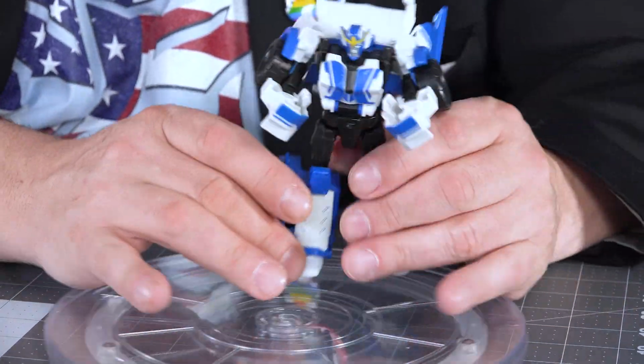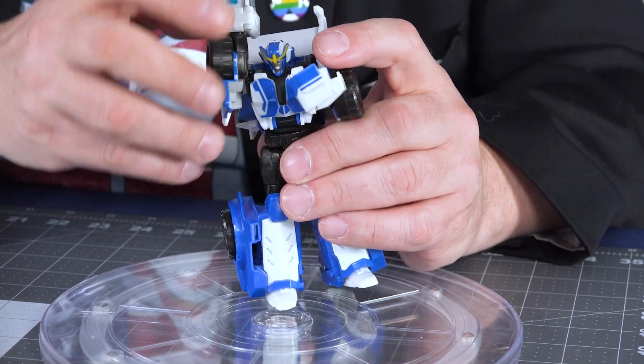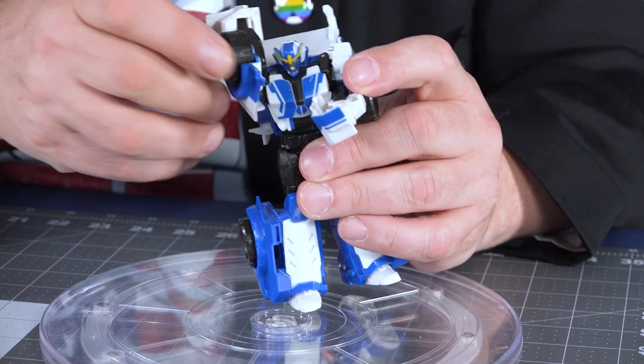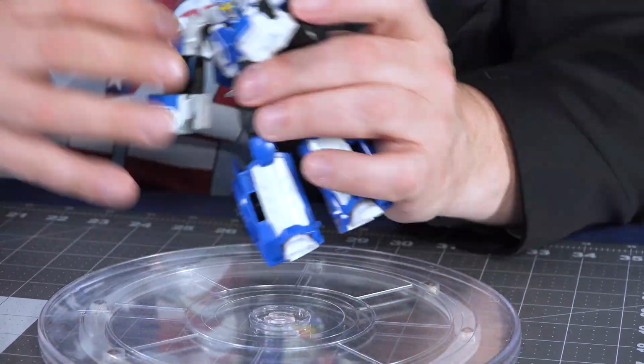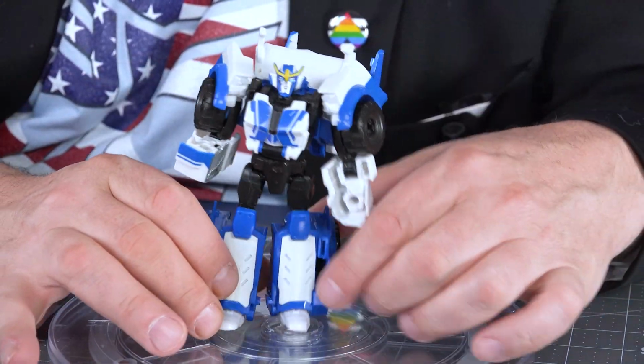So there's some bonuses to this one. Can also twist at the waist all the way around. Now the arms here, they can go all the way around. It's just a little bit of wiggling to get around some of the kibble. It goes straight, bend at the elbow, can swivel at the elbow all the way around. The head itself can go all the way around, so a little more posability, believe it or not, in this